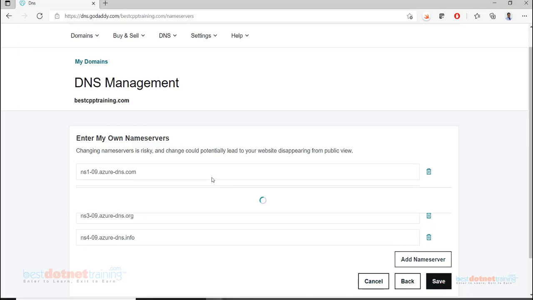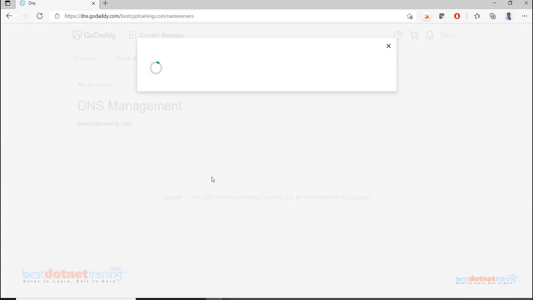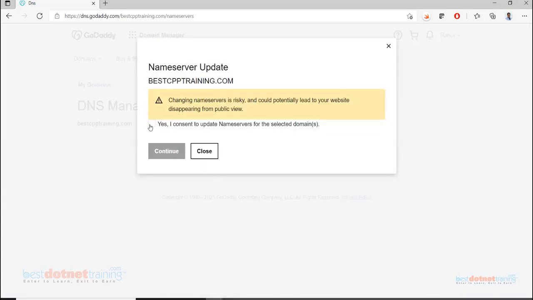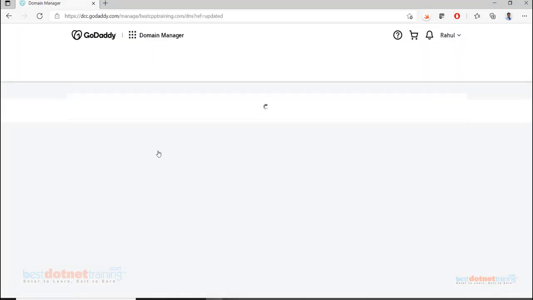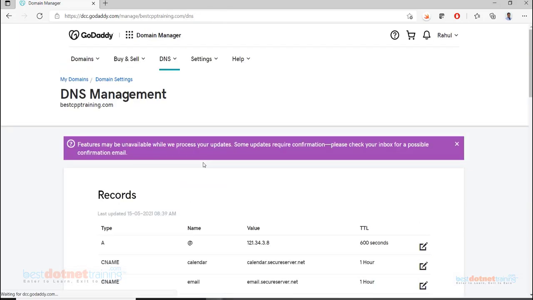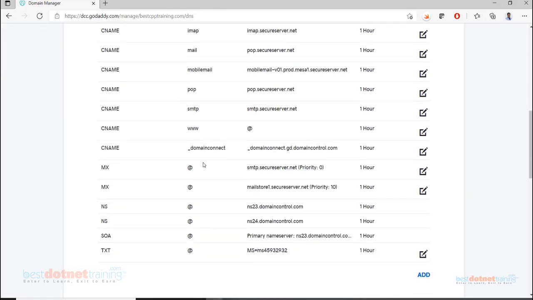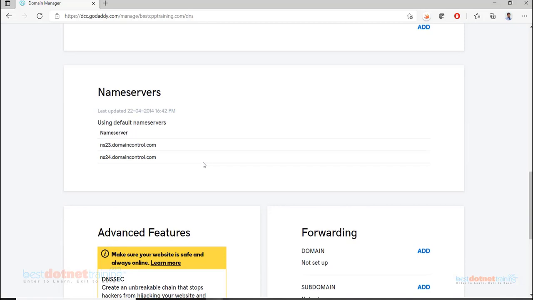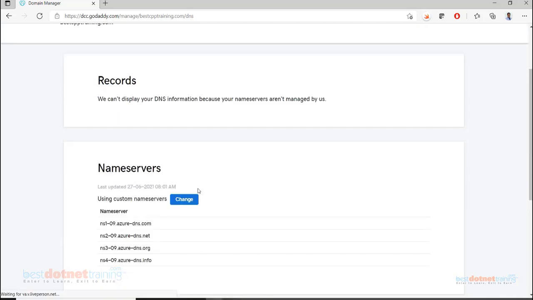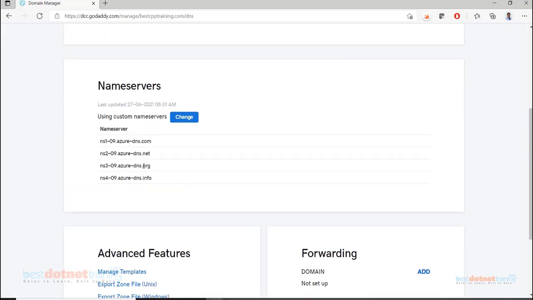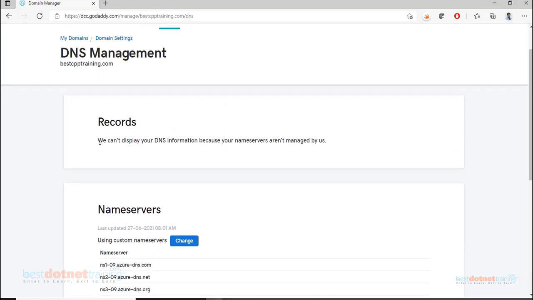Save it. Now what did GoDaddy do? GoDaddy now knows that the DNS server is no more managed by GoDaddy.